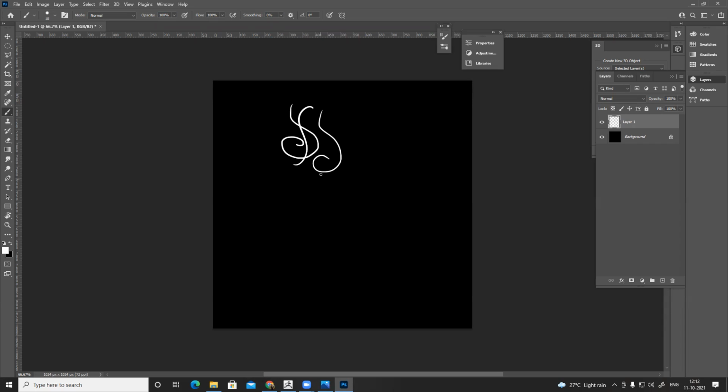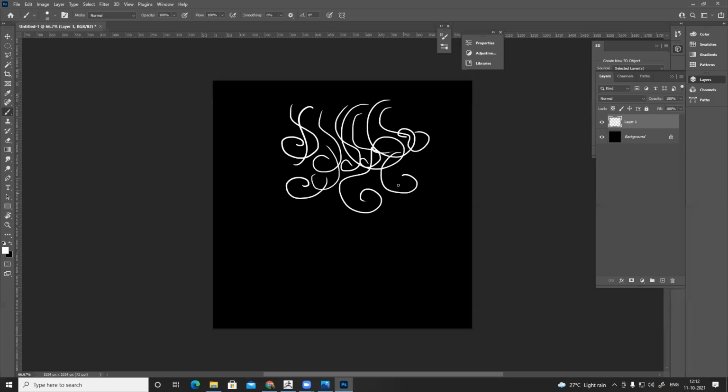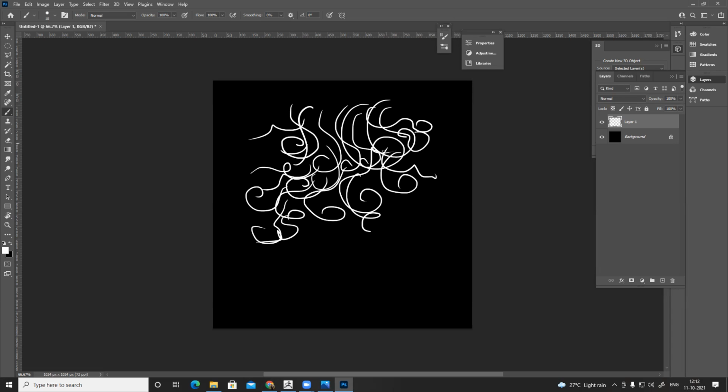Use some random alpha. No, this one is alpha. I'll use it as a texture and it will create alpha cards for me. And then I'll refine my alpha card and then add texture.